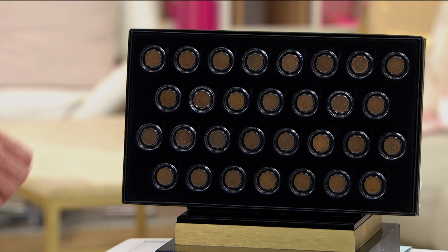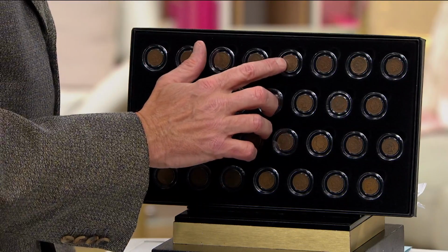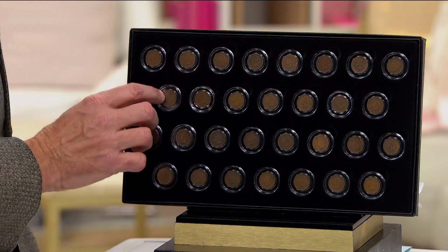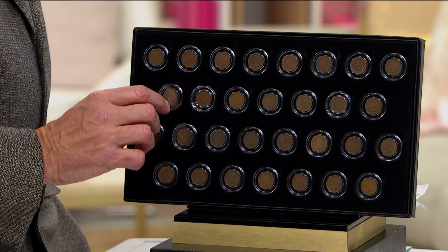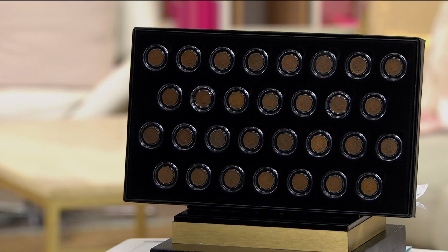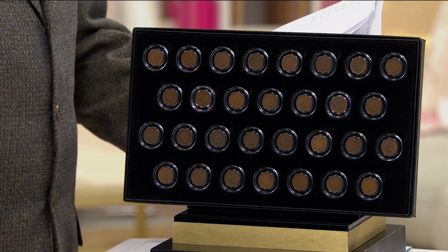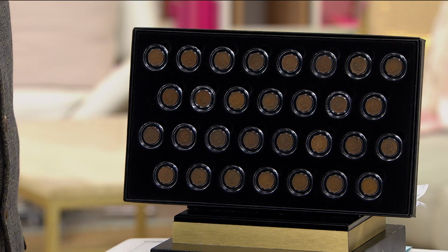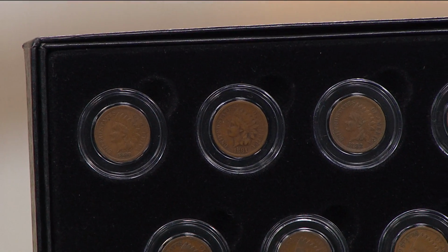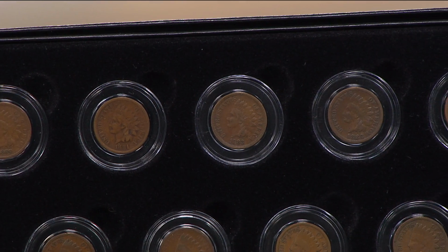In the nationally advertised catalog, we're looking at $18, $18, they didn't even list this one, $14.50, $31.50, $31.50, $11.75, $12.75, and this one they didn't even have. That's the first 10 years. If I add that, that's $180 and they're missing 2 coins. I'm $199 fully. The lowest price that they have for any one of these coins is $8.25. So if you took the single lowest price for any one of these coins, $8.25 times 30,